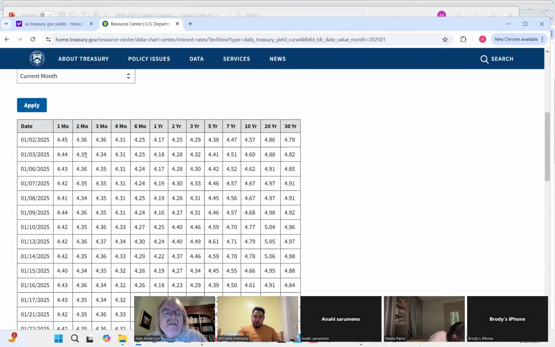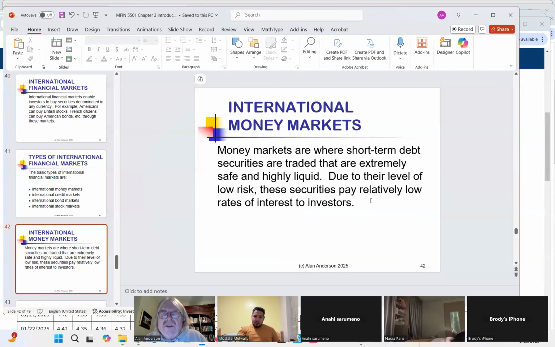Okay. So these, but the short-term ones, the treasury bills, are going to trade in the so-called money market, along with other securities that are very safe, very liquid, but also pay relatively low rates of interest because of their safety. Now, I can go into this international money market and buy treasury securities, but I can also buy securities